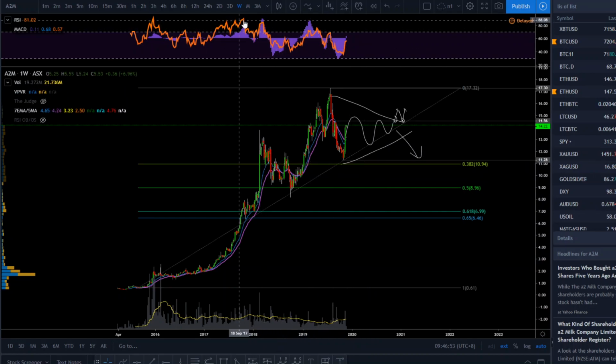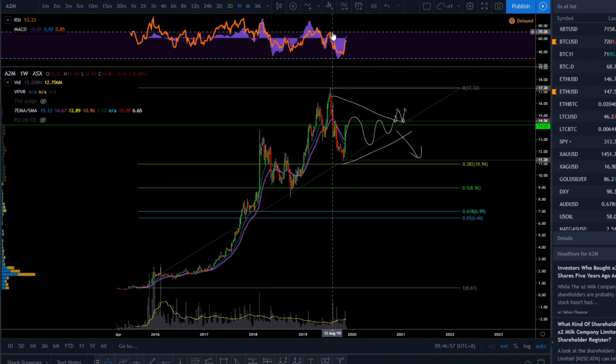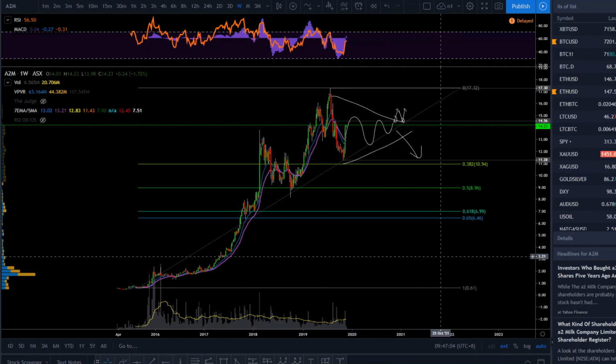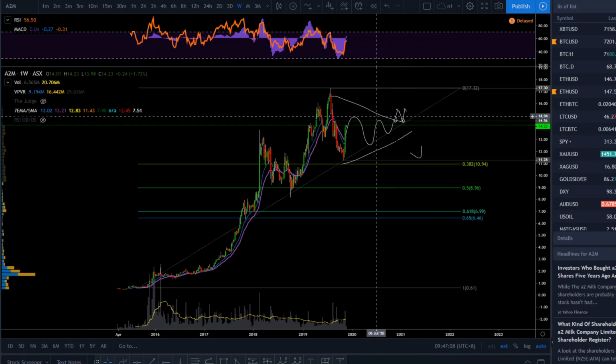It's been a bearish divergence for a long time, setting higher highs but lower highs on the RSI. So yeah, that's my...